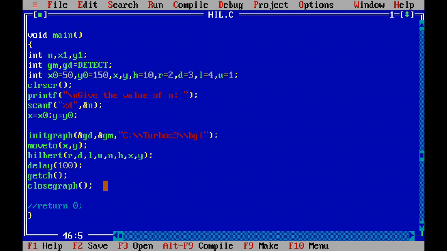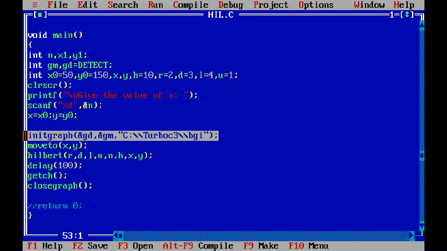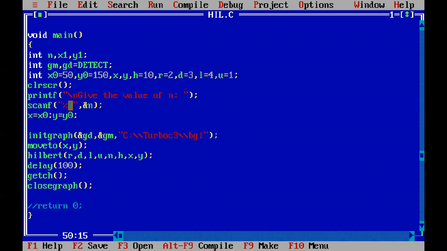I have declared the required variables, then initialized the graphics mode. Next we give the values of n, meaning how many rotations and squares we require. We initialize x and y to x0 and y0, which is the programmatic part.